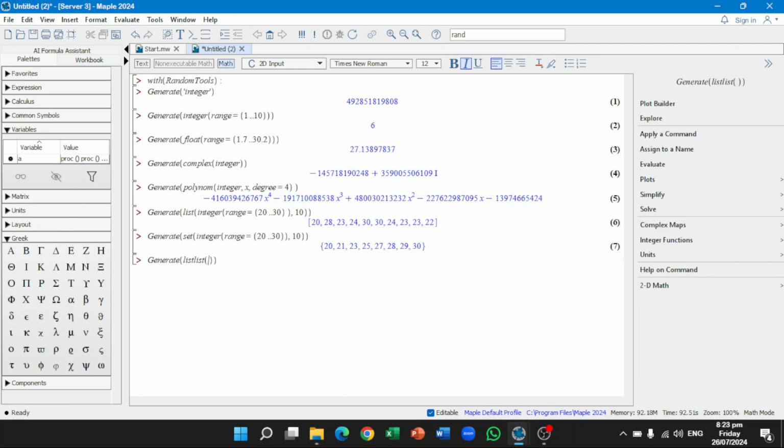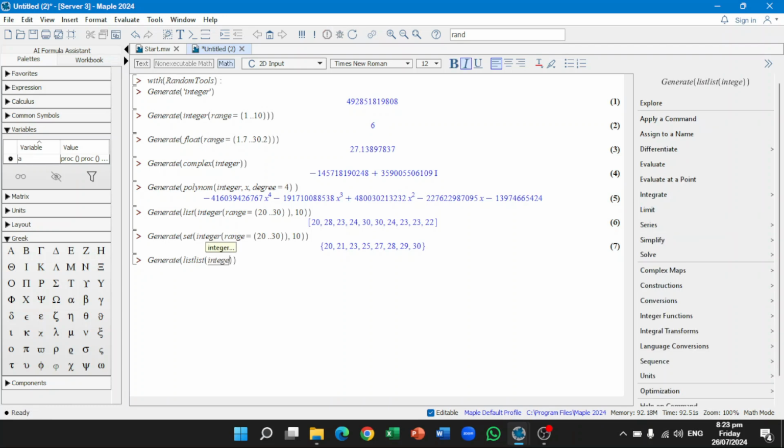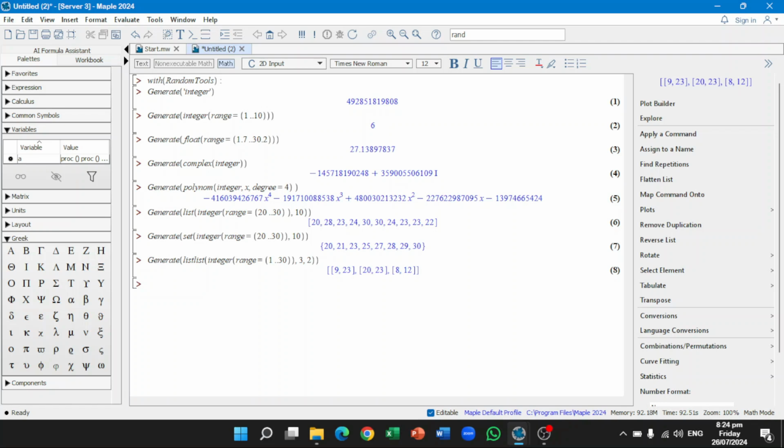Second, we have to provide how many nested lists should be in it, and next, what is the length of those nested lists? Type integer. I'll provide a range of like 1 to 30, and now we have to specify the number of lists and the elements in those lists. I'll give 3 lists of 2 elements and just press enter. Here our list contains 3 lists and each list is of 2 elements.